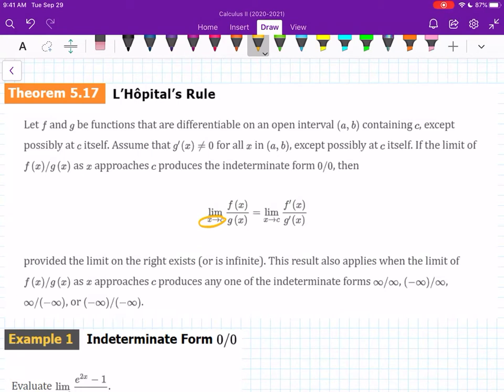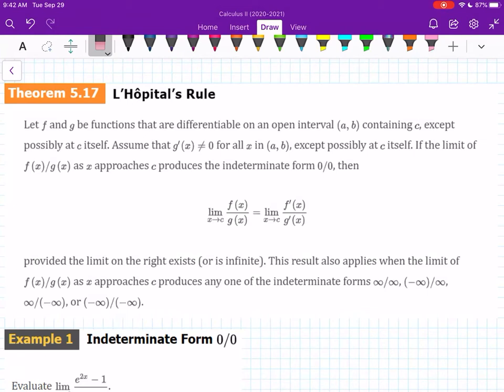So the limit of the fraction f of x over g of x, if it's one of those intermediate forms, is going to be equal to the limit as x approaches a of f prime of x over g prime of x. So notice this isn't the quotient rule. I'm not taking the derivative of f of x over g of x. I'm taking the derivative of f of x and separately the derivative of g of x,